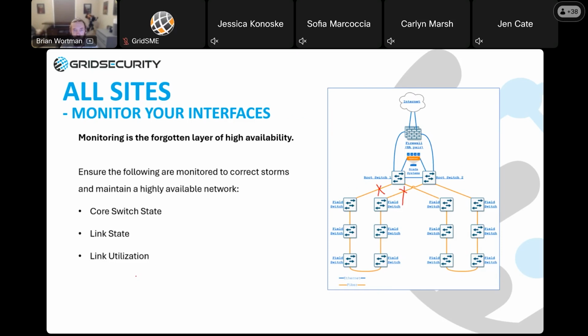And when we talk about network monitoring, we always mean SNMP monitoring, so that should be the support you look for. Make sure you're monitoring your switch state, your core switches especially. Make sure these core switches are up and functioning, and take some kind of active alert when they are not.